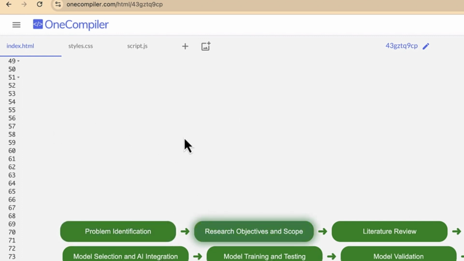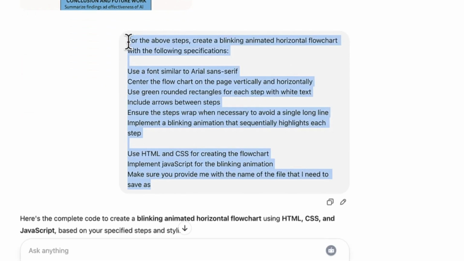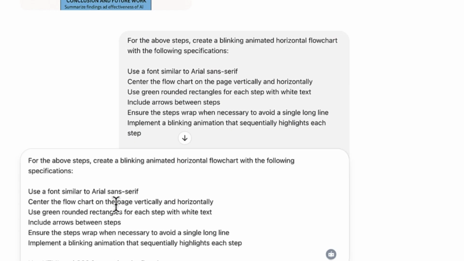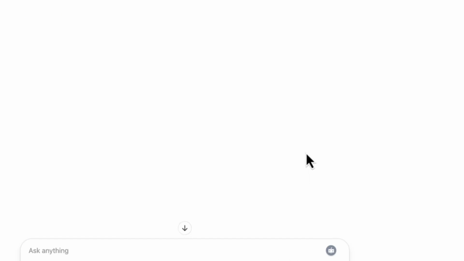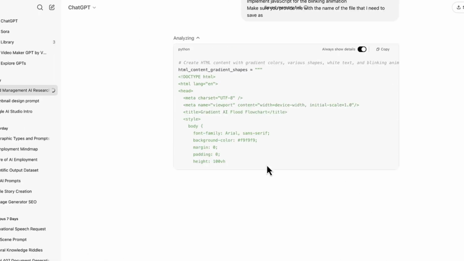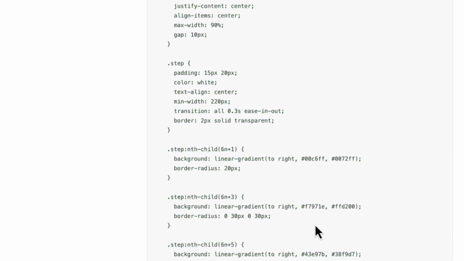But then let's try to vary something from here and let's see how it is going to behave. So for example, let's copy this and then paste this, and say, use gradient colors, okay, and rounded rectangles with various shapes, okay, for each of these steps, and white text and so on. So you can use this, and then we can just go ahead and hit enter, and this is going to give us the code that we need, and probably we can run it in one compiler as well if you're interested. So this is how fast this can be and how wonderful this ChatGPT can be